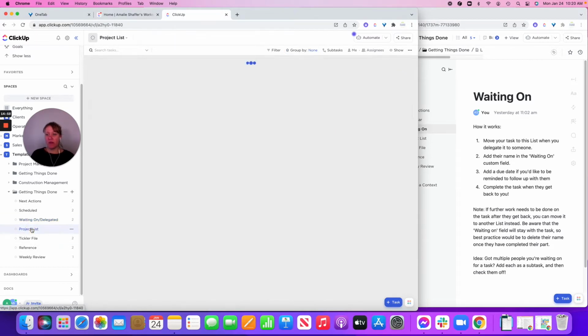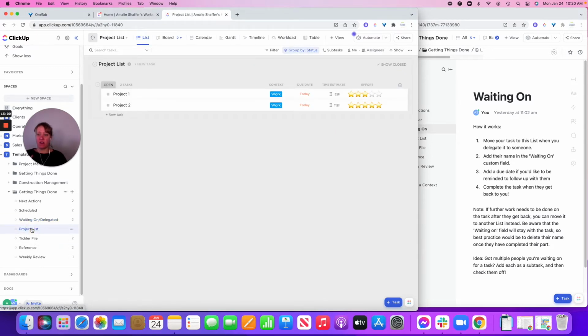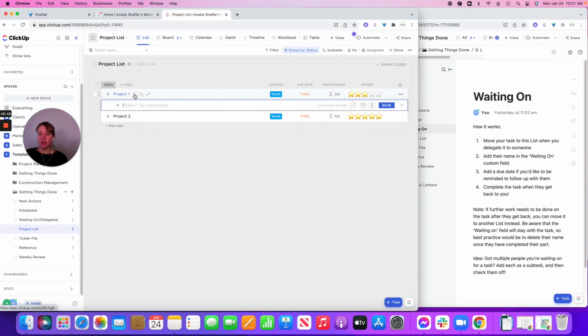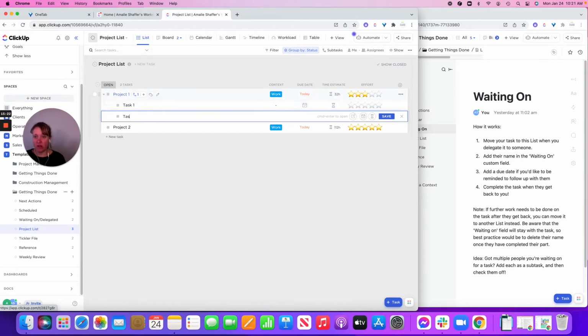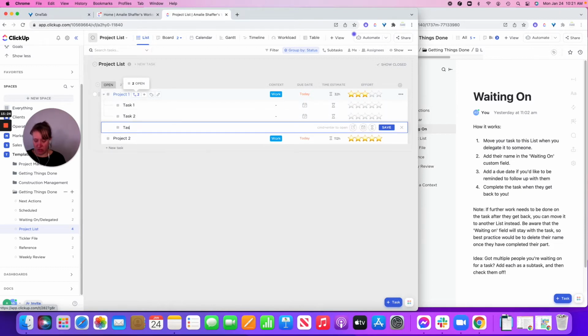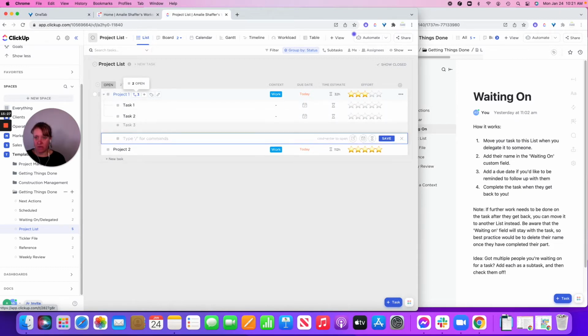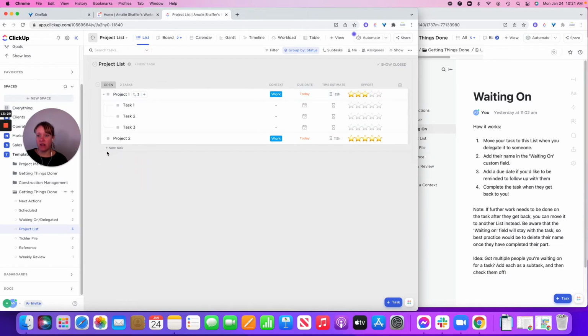So what they recommend is either having a list per project or using subtasks. If you just want to have one list with all of your projects, then here you would have the task, and then you would add subtasks for each of the actions that need to happen next. So if this is, we'll call this task 1, task 2, task 3, and then let's say for project 2 we have task 1,